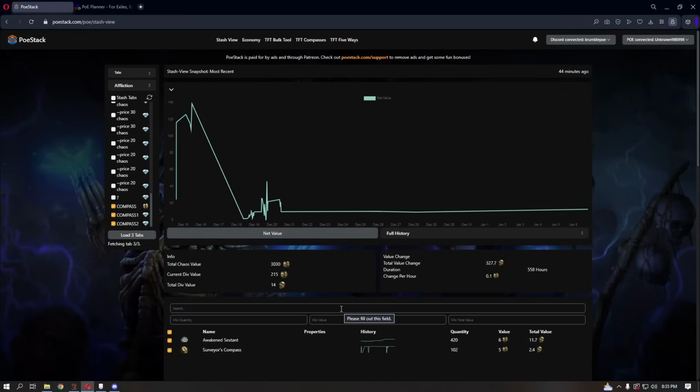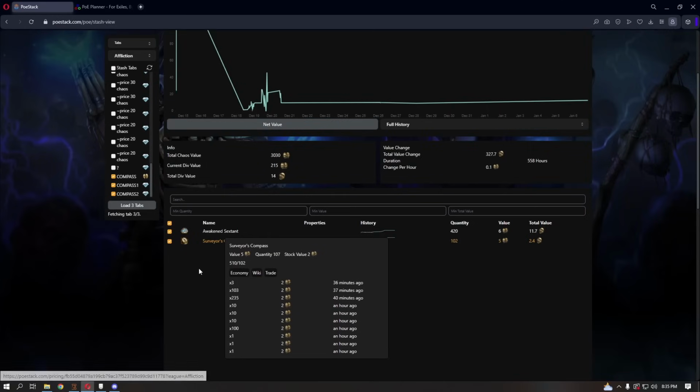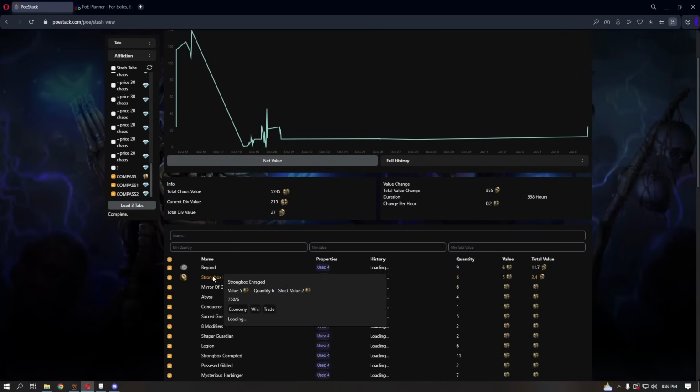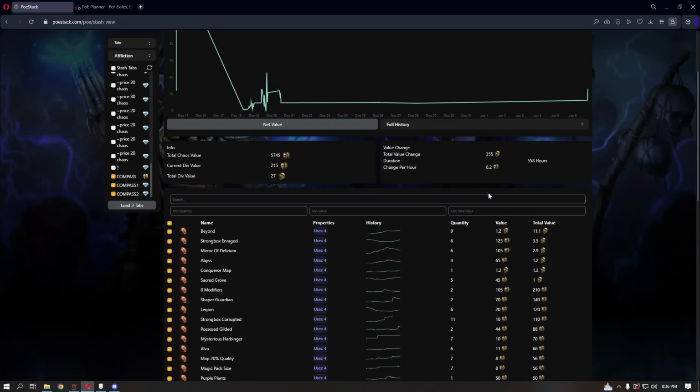It's going to show us the approximate amount of currency we have at the moment by calculating the sextants that we have in there. Sometimes it can be a bit slow, unfortunately. All right, now it's done, and it's saying 27 divines of value. So we just increased our